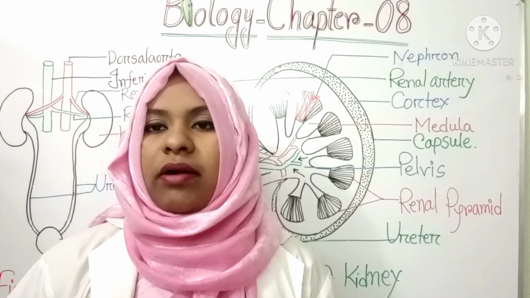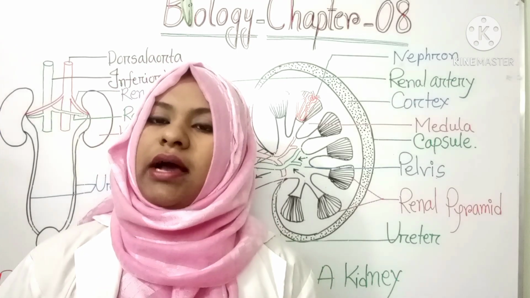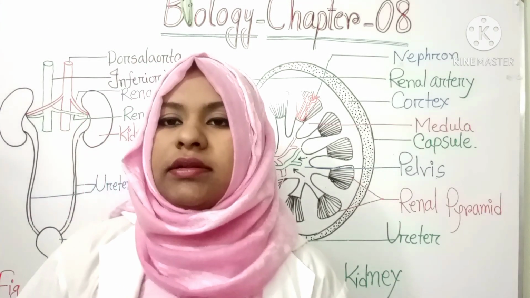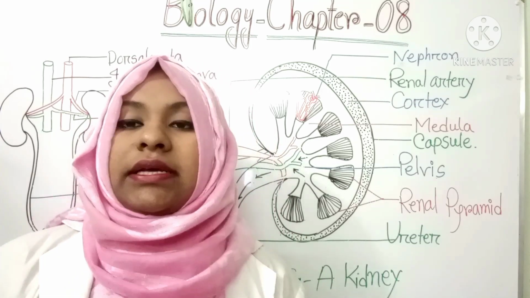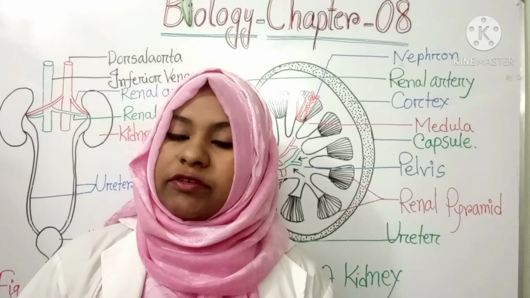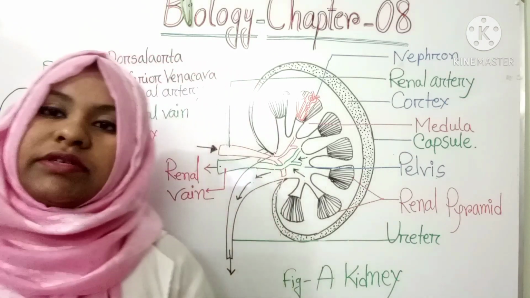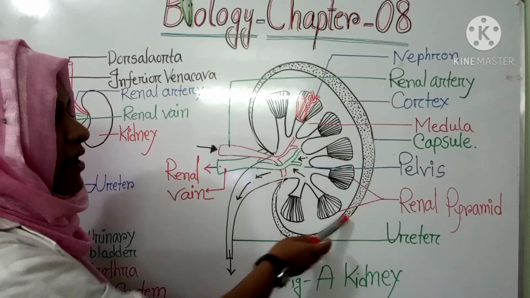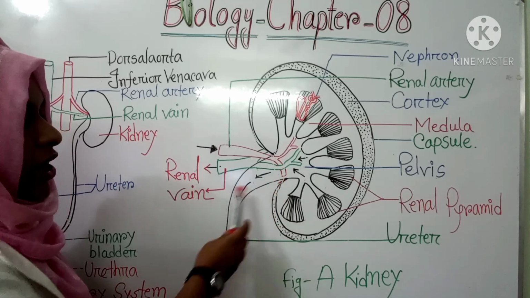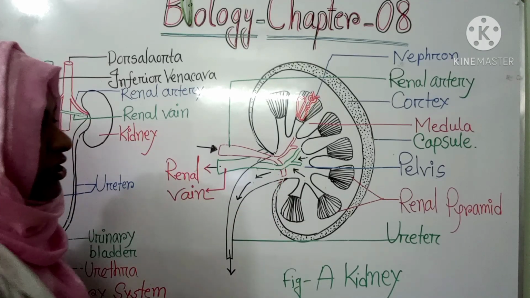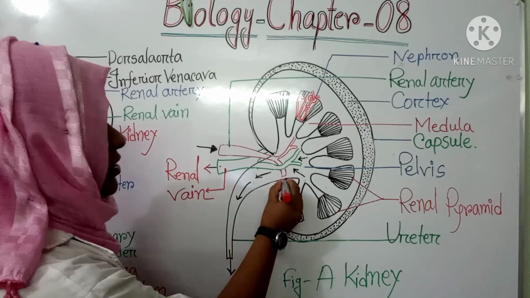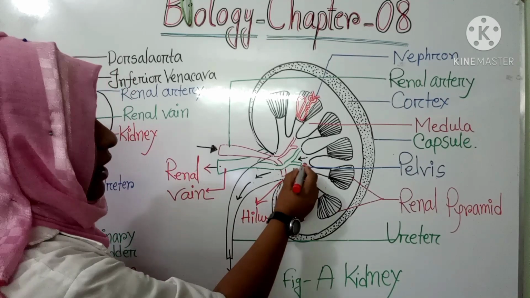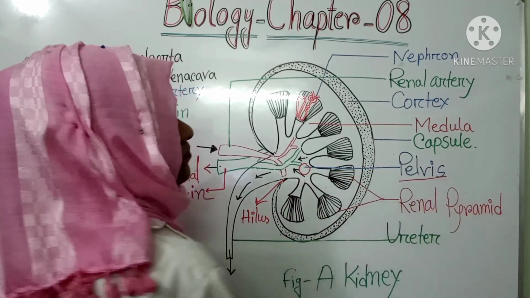The excretory organ of the human body is the kidney. There are two kidneys in our excretory system. Both kidneys are red-brown in color and bean shaped. Kidneys lie at the back of the abdominal cavity. The outer side of the kidney, as we can see in the picture, is convex and the inner side of the kidney is concave. The indentation is called the hilus. The chamber in the hilus is the pelvis.